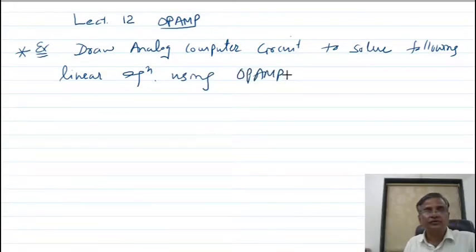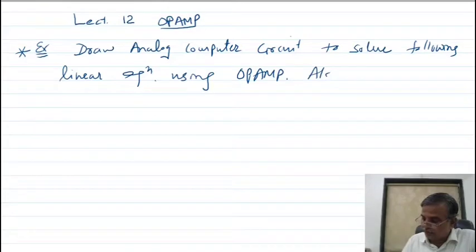Here I will use the inverting summing amplifier. Also mention the meter. Mention the voltmeter or meter